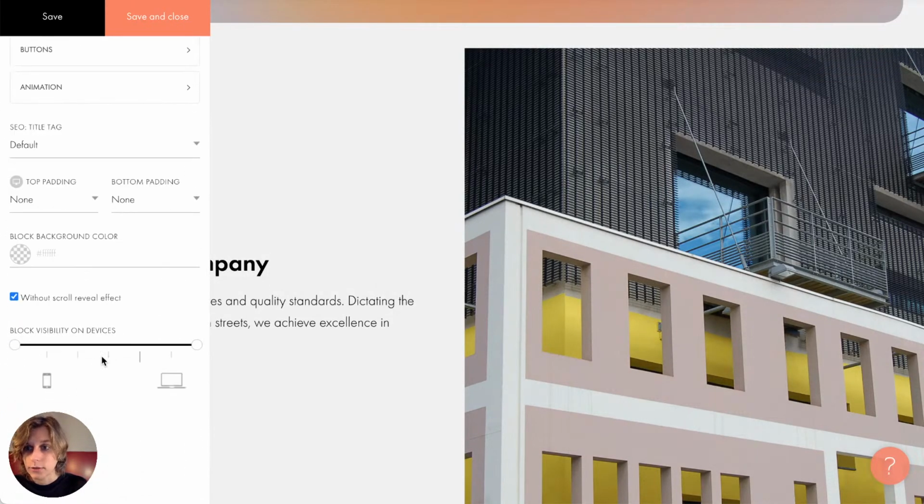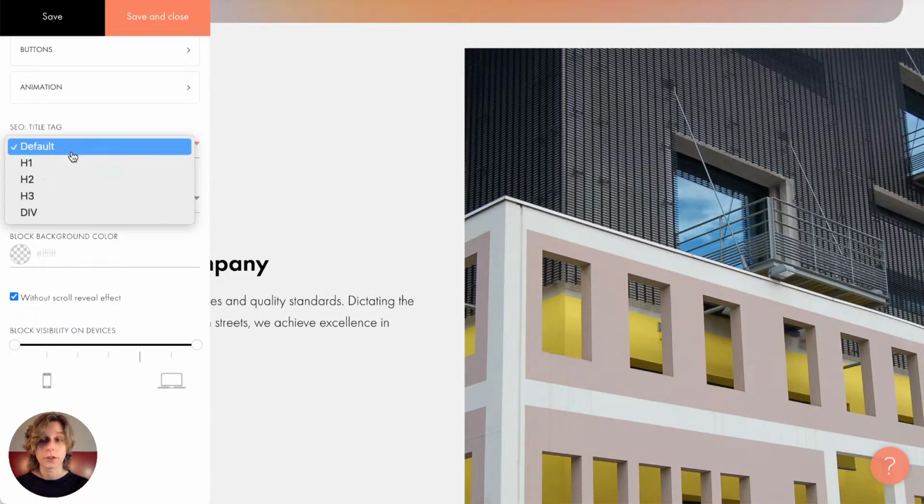In the settings, what else do you have? You have an SEO title tag. Okay, so this is very important to use for the SEO. We already mentioned that. I guess most of you are acquainted with this thing. So what is SEO? SEO is search engine optimization. The better your website SEO is, the higher you appear in the search results in Google. When people Google keywords like barbershop LA, they will see my website if my SEO is good. So what I need to do, first of all, is put the H1 tag, which is